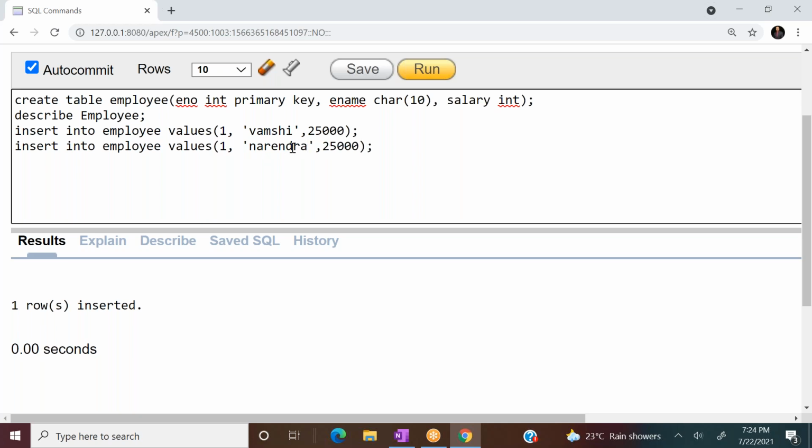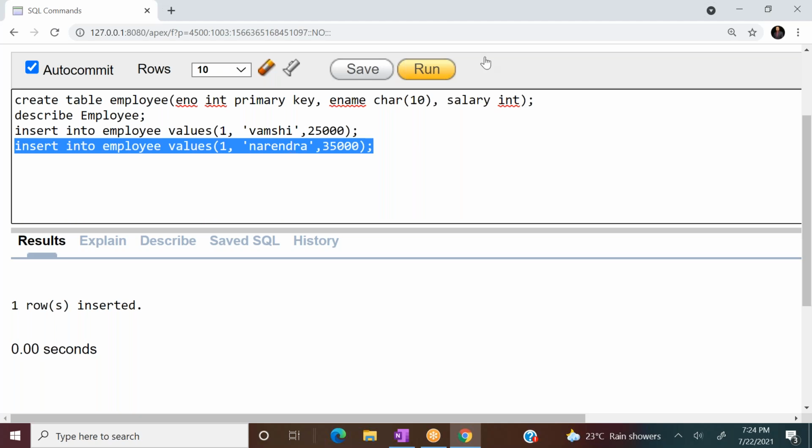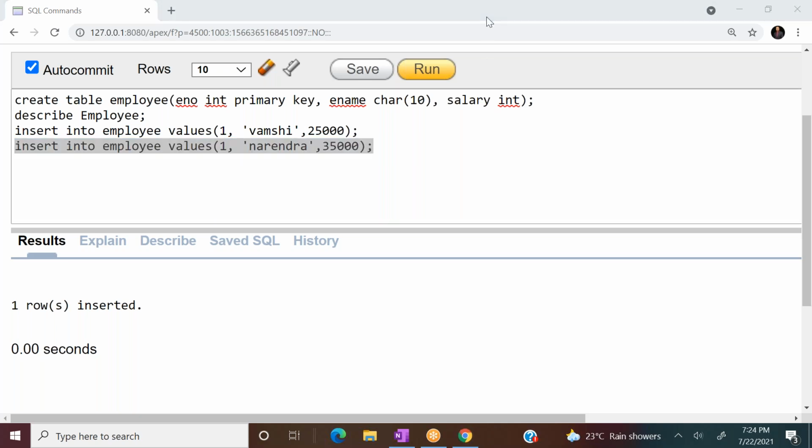No. Very good. Suppose I write 1, Narendra, salary 35,000, and try to insert this record. Will this insertion be possible, or will it cause any violations?